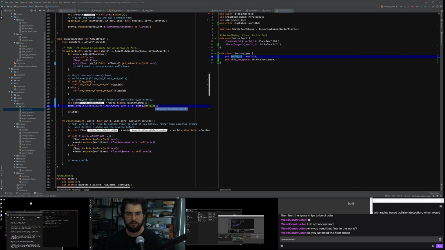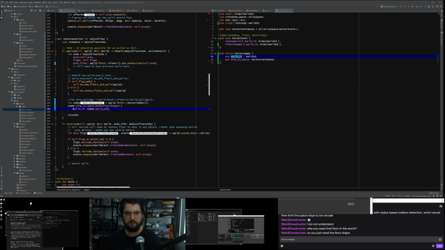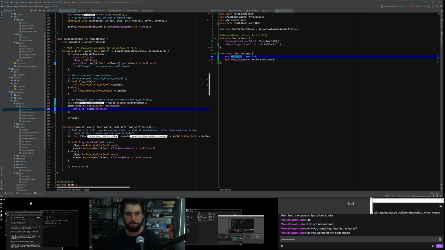So the sector is going to create the structure, and it's going to populate the structure with the world ID of the ship, because inside the ship it doesn't know its own ID, but with comms it does. I don't know why this is complaining. That world ID, it's because here I see global world ID. Oh well, cool, okay.